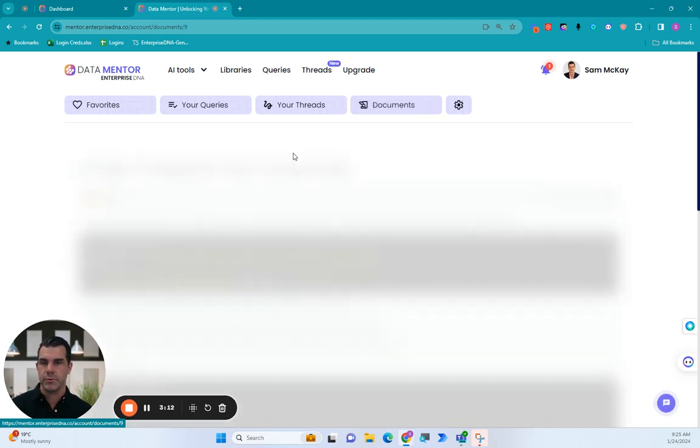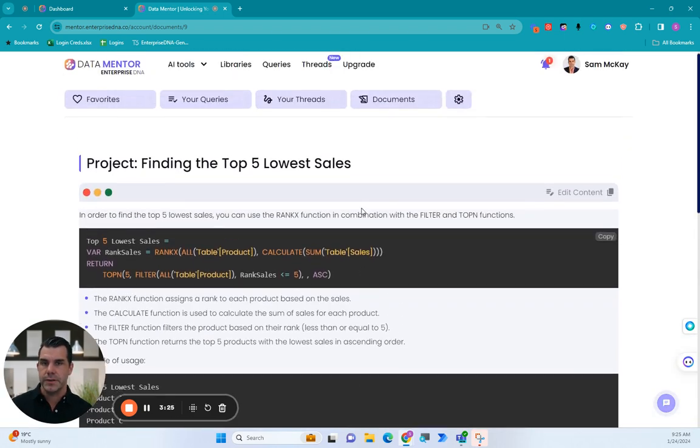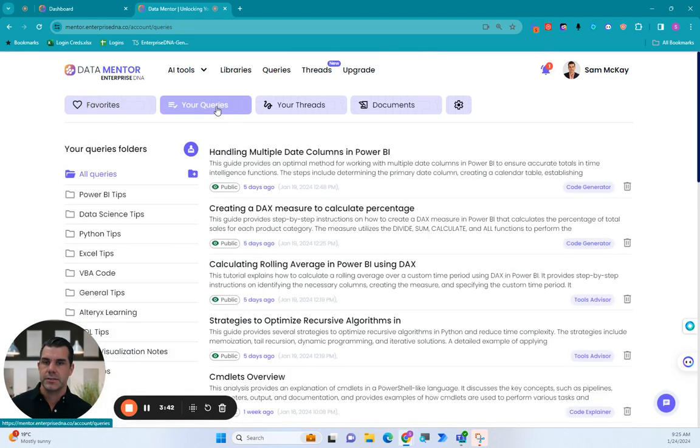Okay, so for example, I'll just jump into here. You'll see that I've got a document here based on the RANKX function and the TOPN function inside of Power BI. And I save this as a specific document. I can go and reference this if I want to find out the top 5 lowest sales, the formula. I can quickly copy into my model, for example. Okay, so it's incredibly flexible, incredibly customizable to the individual,